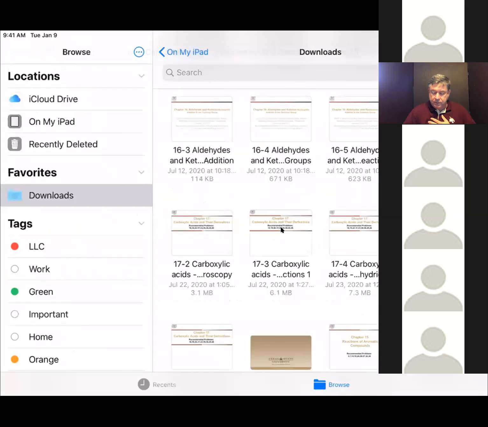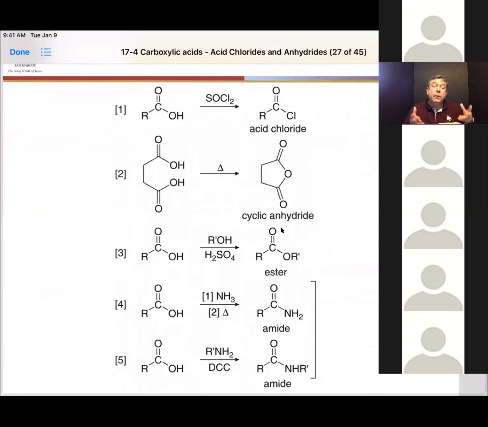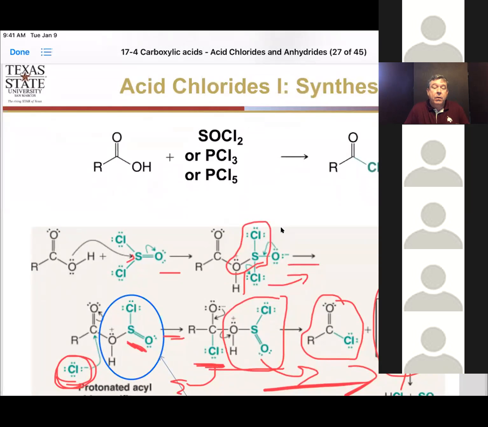Okay, let's move on to right here. Okay, so this is the most reactive. We make acid chlorides specifically with 2 reagents we use. The primary reagent is thionyl chloride. SOCl2 is the #1 way to make it. However, you can also make it with phosphorus trichloride or phosphorus pentachloride. Okay, and the whole idea is that you're making an OH a better leaving group and generating that very reactive